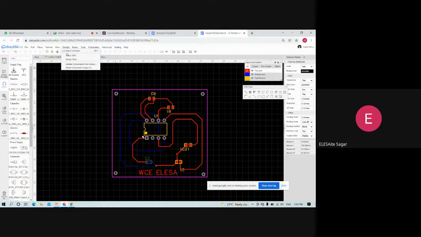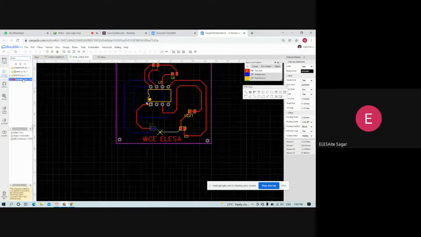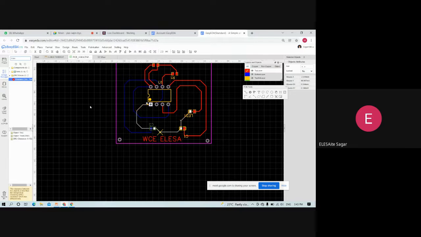Go to the PCB and check DRC. If your wire is not connected properly, it will show. So we'll go through that and edit.